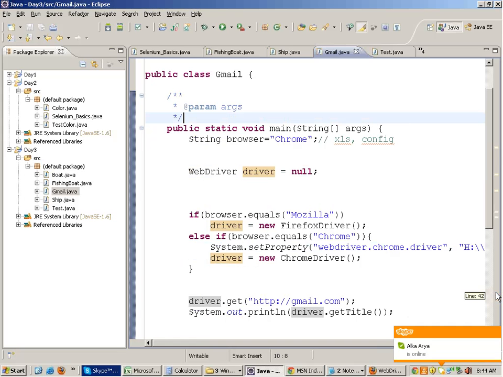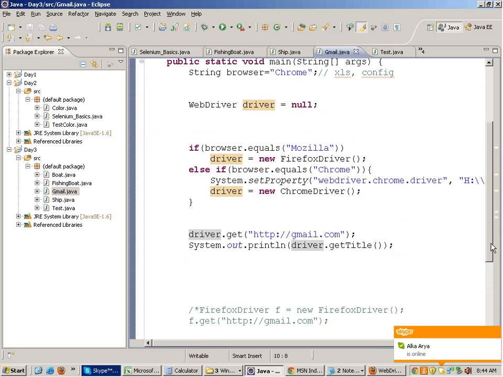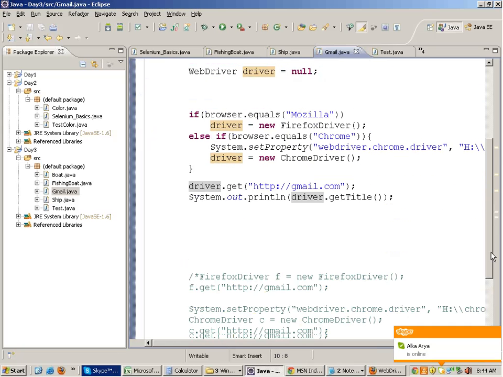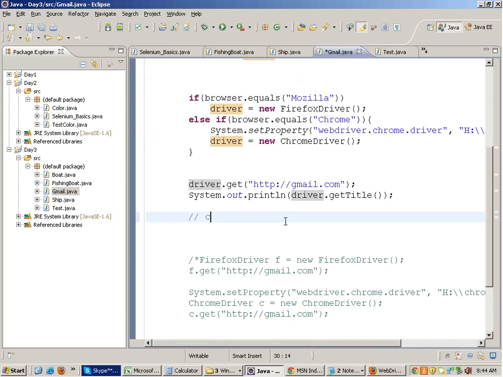Alright. So, this is about initializing your browser on the fly. But now once you are on Gmail, what code you should write to identify objects, right? I talk about that tomorrow. Actually, I need to leave for some place urgently, so